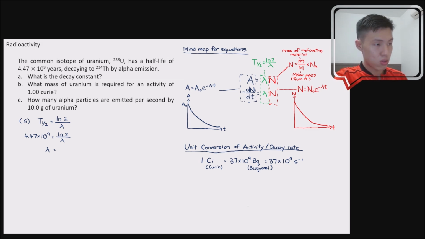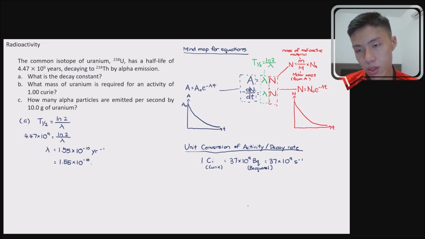Okay, so if I calculate it, I should be able to get 1.55 times 10 to the power of negative 10 per year. Okay, but usually this value here is seldom very useful. I'll usually convert it to be in per second instead. So I'll do a unit conversion here. Per year will be put at the denominator, that's 1 year. So I'm going to eliminate the year and change it to a second. So 1 year, there's